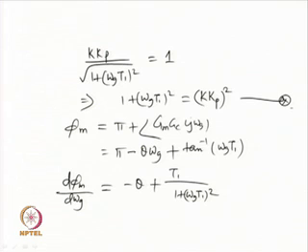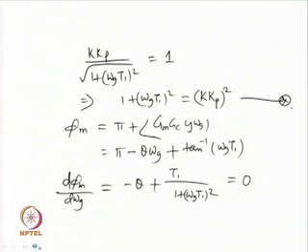This is to be equated to 0 for finding the gain crossover frequency that will ensure optimum phase margin of the loop. So, from this equation, T 1 by 1 plus omega g T 1 square